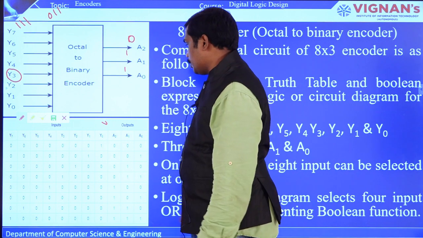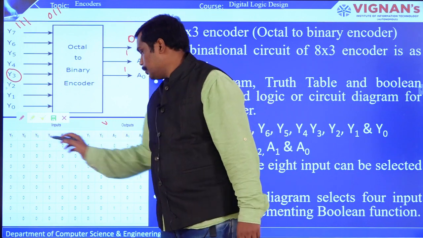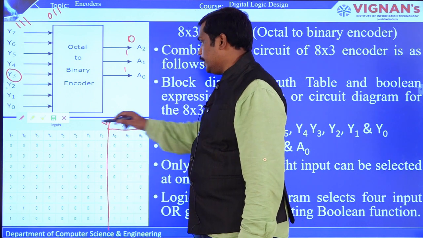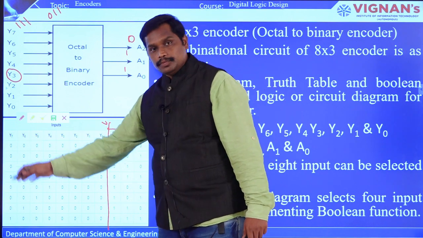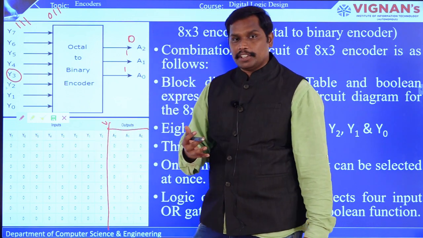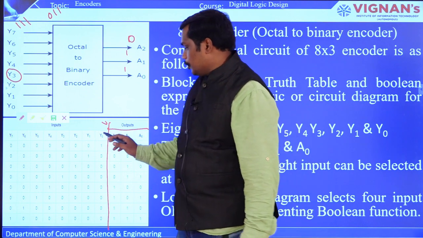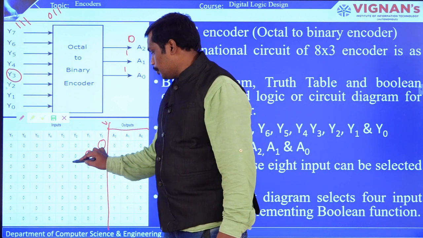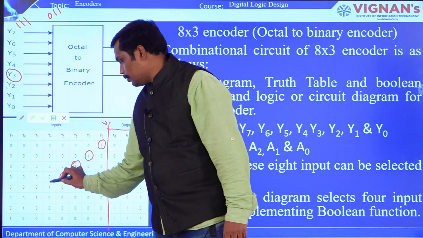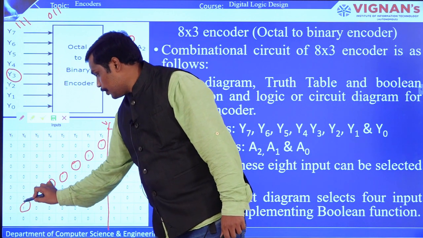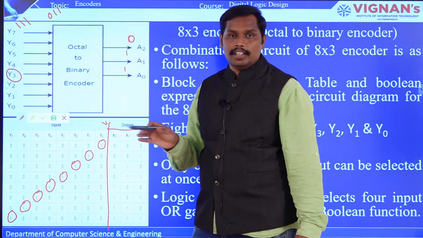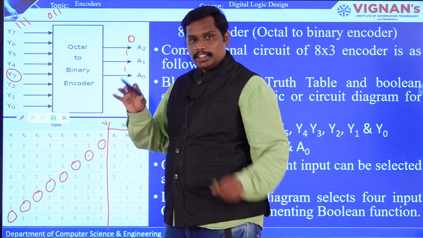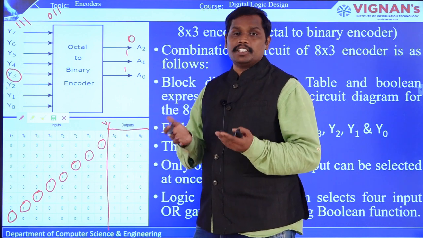In this 8x3 encoder, you can see in this table the set of inputs, and these are the set of outputs. In the 8 inputs, only one can be active at a time. So we'll have 8 operations for this circuit. You make Y0 equal to 1, then Y1, then Y2, then Y3 and so on, in a diagonal way, so that in every operation only one input is active and the others are inactive, which are low. These are called high active. High active means the circuit is active when the input is high, which is represented by 1 or true.